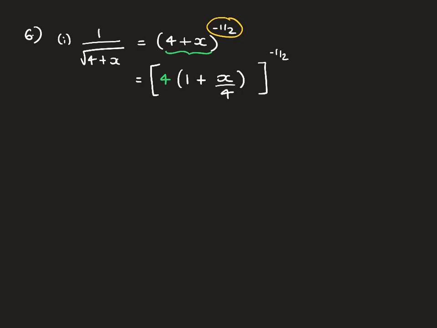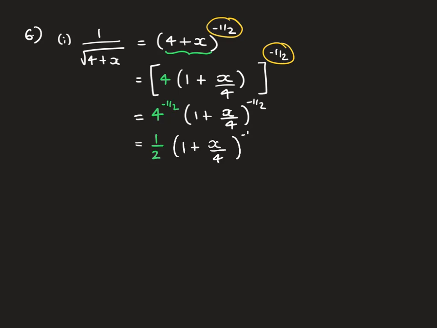I've only dealt with the 4 plus x and simplified that. So now I'm going to raise both parts to the power of negative a half. So I end up with 4 to the power of negative a half, and then 1 plus x over 4 to the power of negative a half as well. Now, what is 4 to the negative a half? It's a half. So that gives me a half, bracket 1 plus x over 4, all to the power of